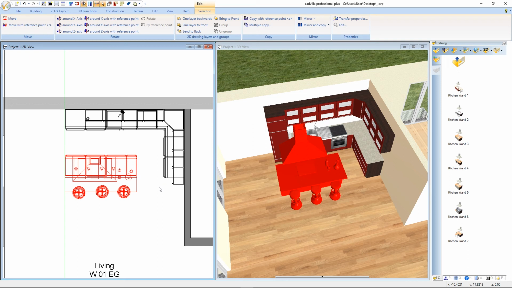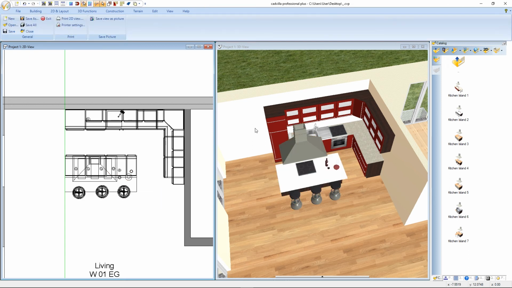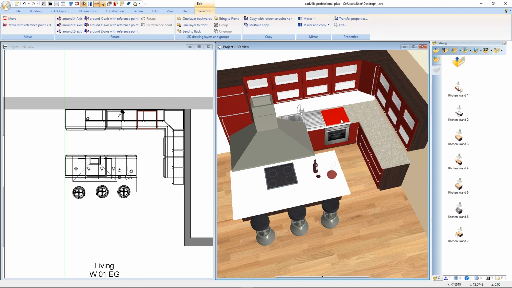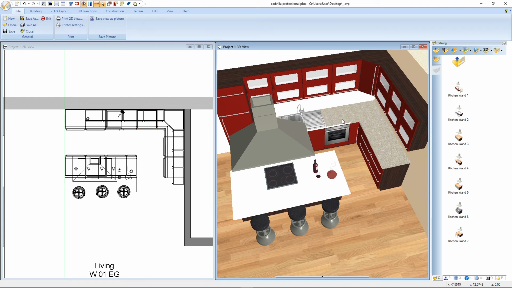We press Escape. Now we select the 3D view and we zoom a bit into the view. As you can see now, our kitchen has two cooking tops. We will select one of them and press the delete key. In the next step, we will texturize the white kitchen worktop of the kitchen island with the texture of the worktop